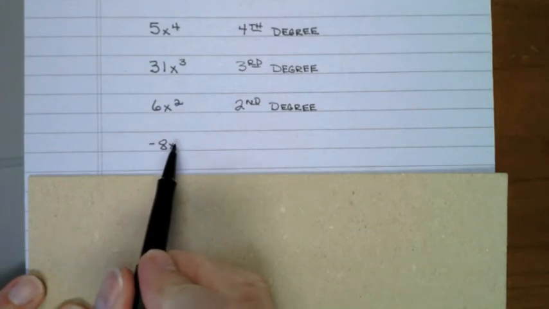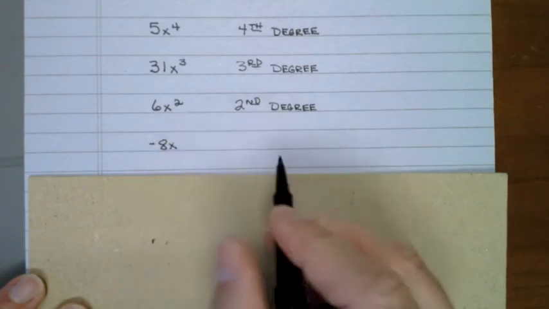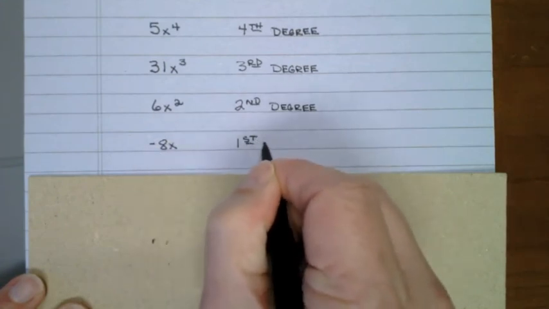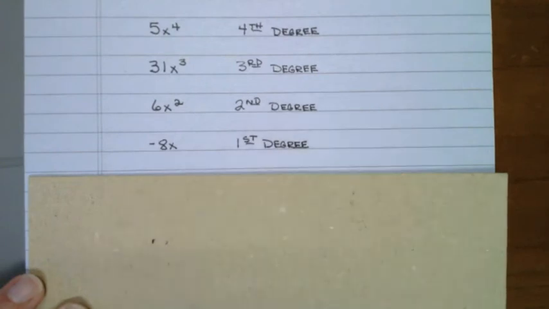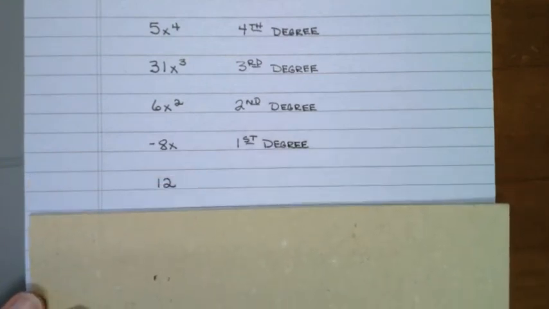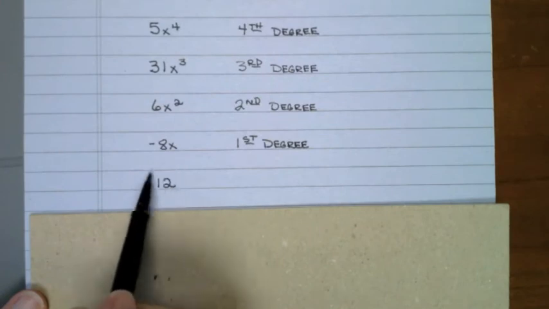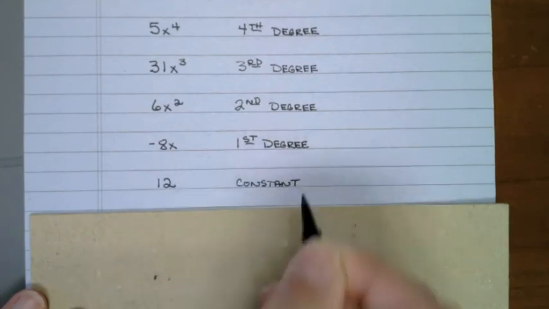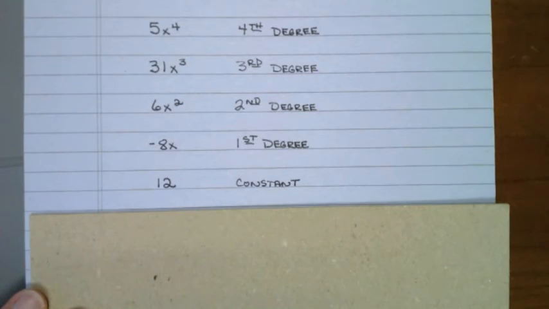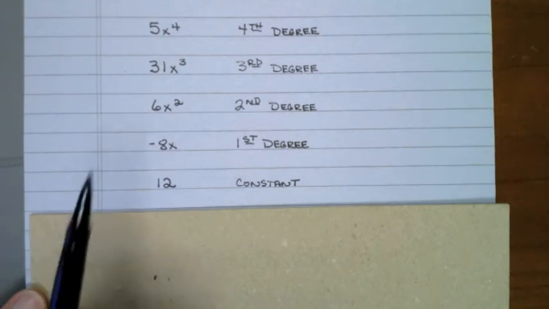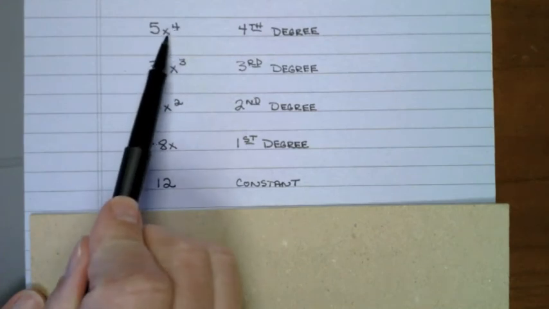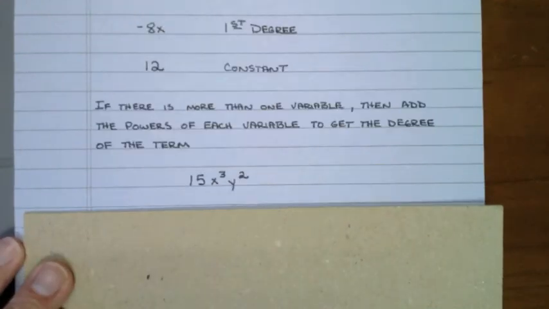If you can't see the exponent, remember there's an exponent of 1 right there. So the degree of this term right here, first degree. If there is no variable, we call something that doesn't have a variable a constant. So to find the degree of a term, look at the power of the variable. If there is more than one variable, then add the powers together of each variable to get the degree of